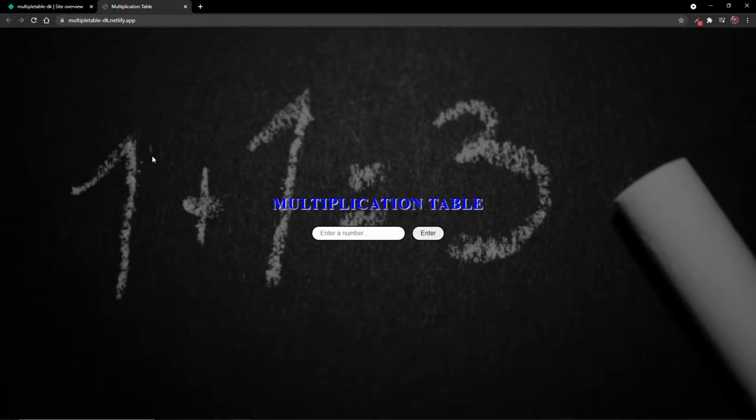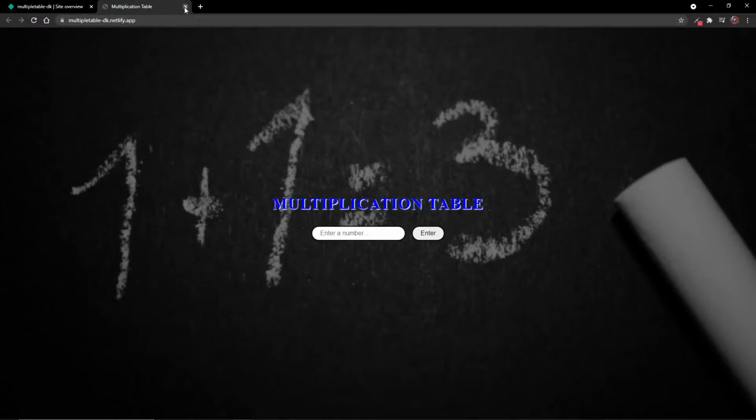So the issue with this way is that if you make a lot of changes and you need to see them live, you'll need to drag and drop your folder every single time to Netlify, which isn't ideal in a real world. So for that, we'll use the second way to deploy our project with Netlify, and which is continuous deployment with GitHub. Now for the second way, I'll use a different project just for a change.